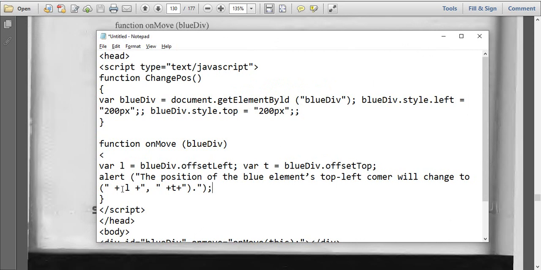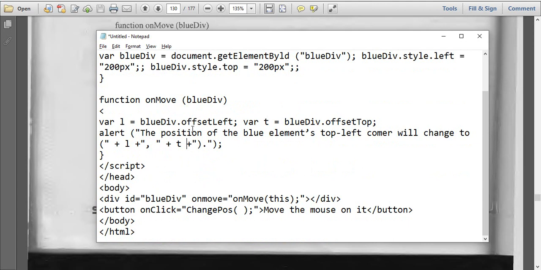This is the bracket, this is the close. Okay, now on move, function on move.